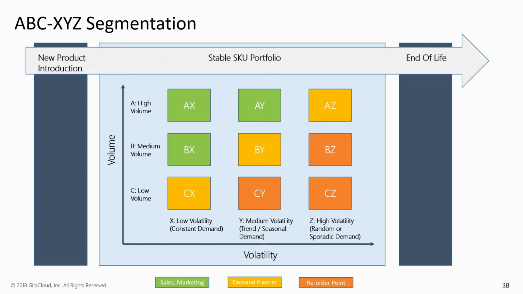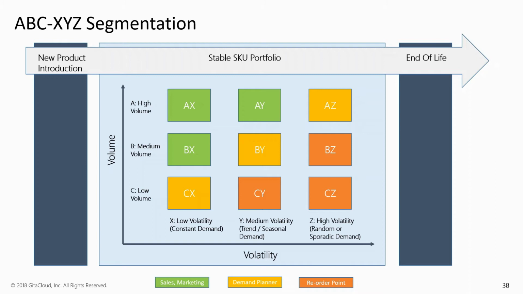So this segmentation helps by segmenting across your volume and volatility dimensions. In this example, we want our statistical engine to be focused on forecasting XY segments, which have low or medium volatility, because we can sense a good degree of forecastability in them. And then we may want our sales and marketing team to provide their refinement to the base stat forecast that we have generated for the A class of segments, that is your high volume and stable demand segment.